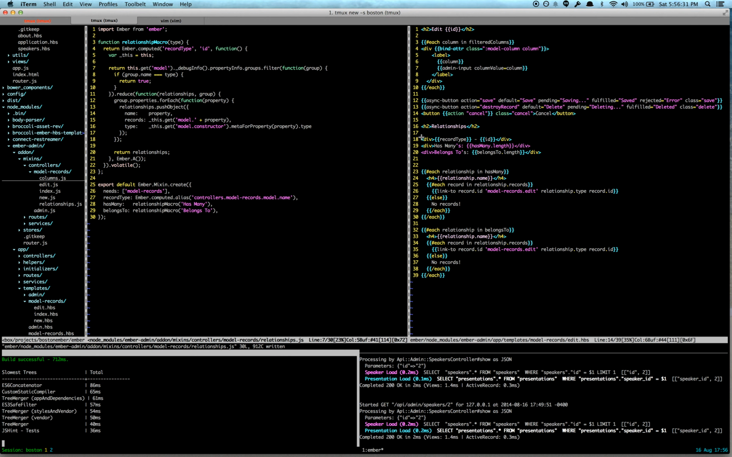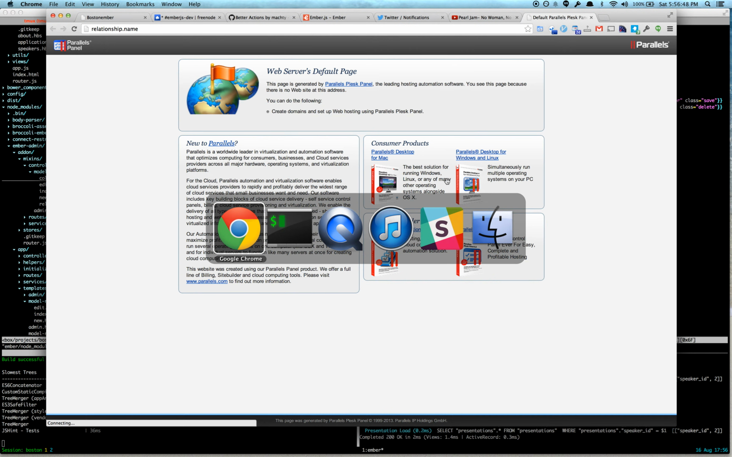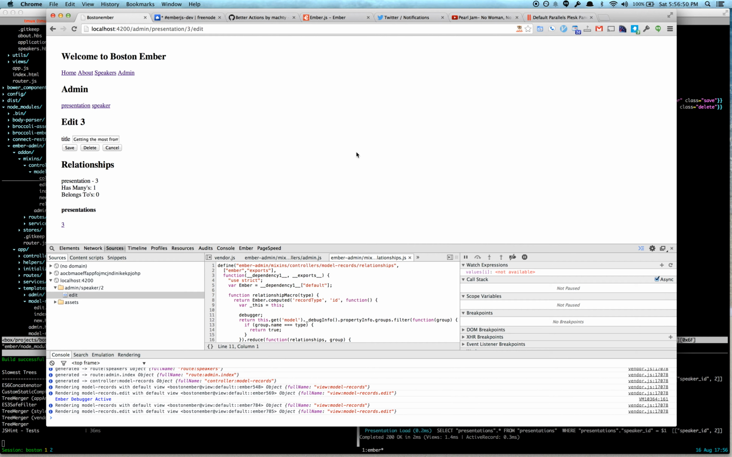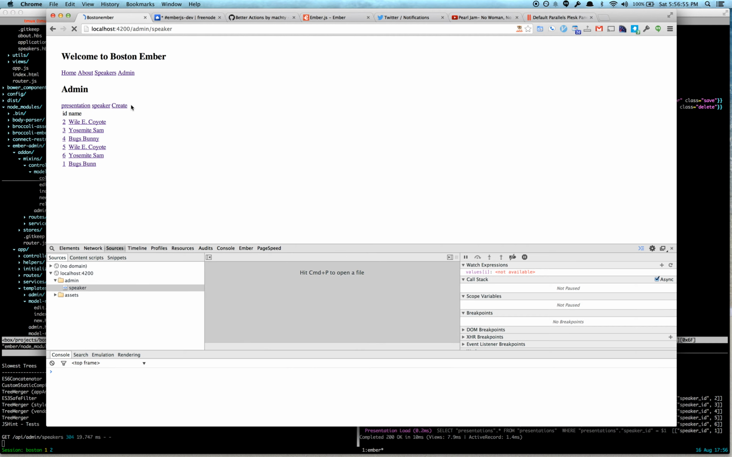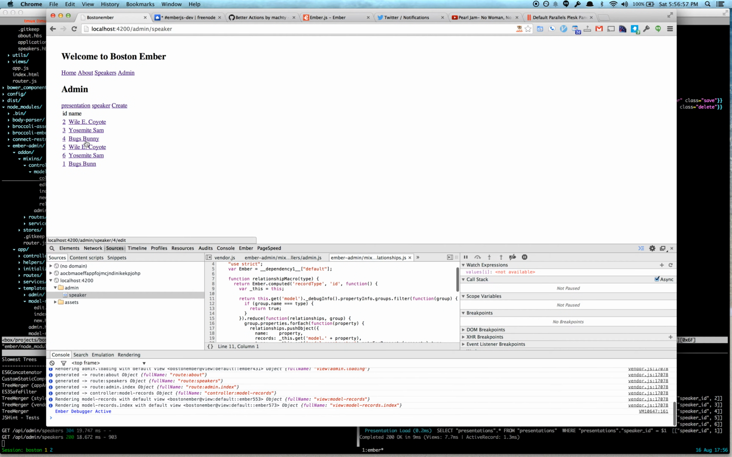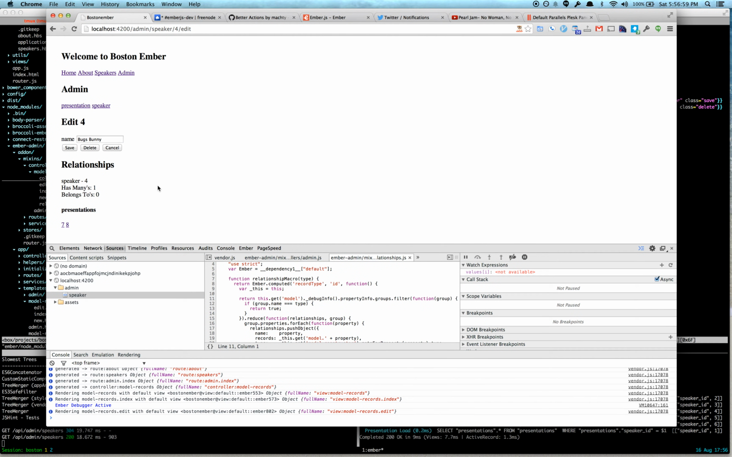And then right here, we have some metadata really for debugging of the record type and the ID, and then the length of the relationships. So let's take a look at what's going on here. Let's reload this. So if I click on Bugs Bunny, we can see the relationships, and this is the record type of the parent record and the ID of the parent record,